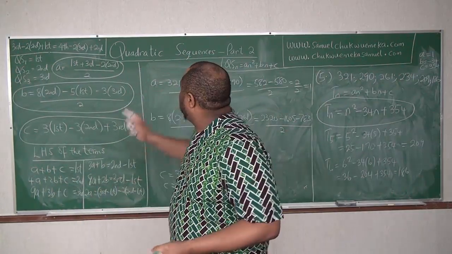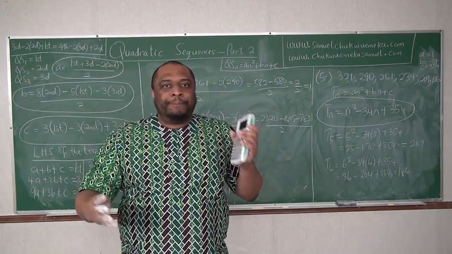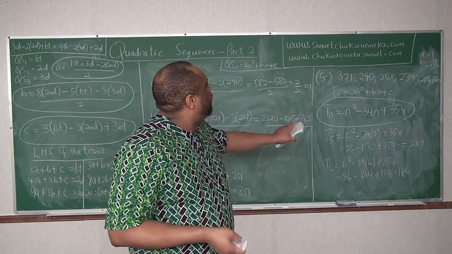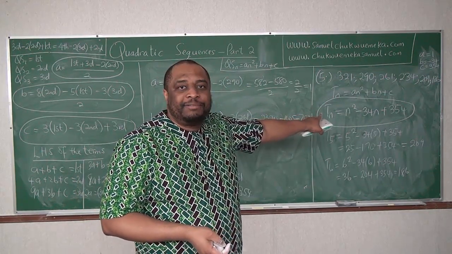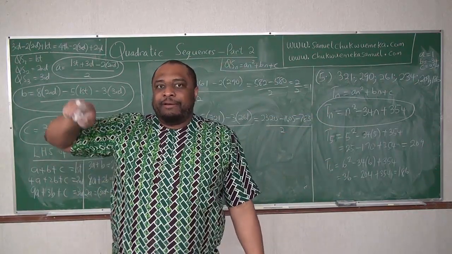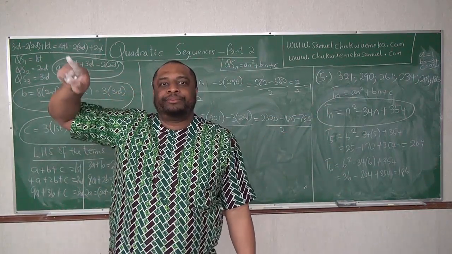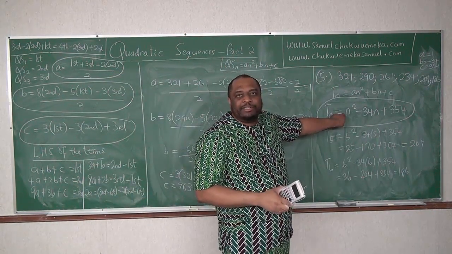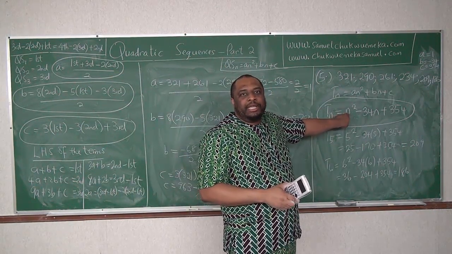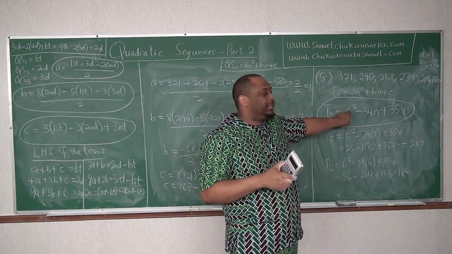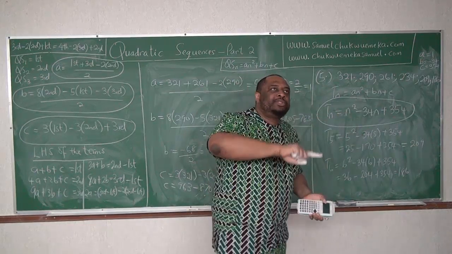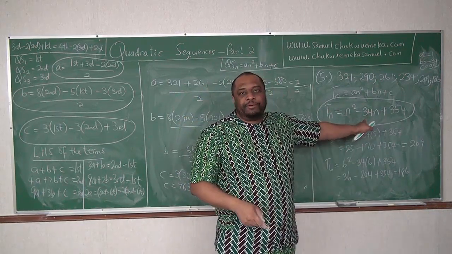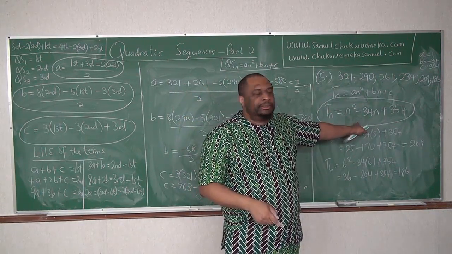Like we said in part 1, compare it to a quadratic function. If you graph this, it's going to have a minimum value. If the coefficient of n squared, which is your a, is negative, it will have a maximum value. But this tells you, if you graph this quadratic function,